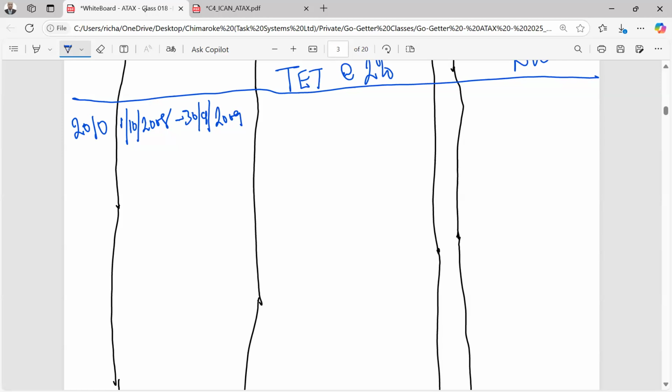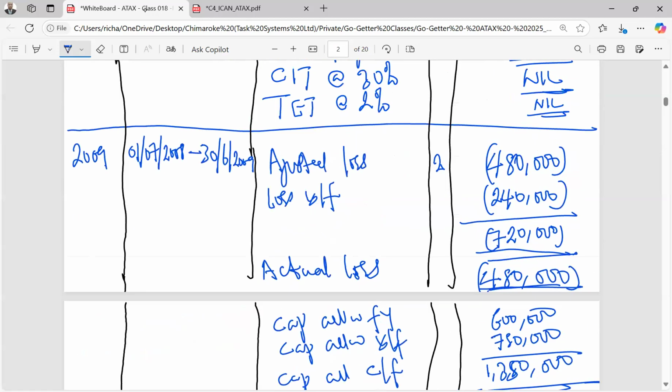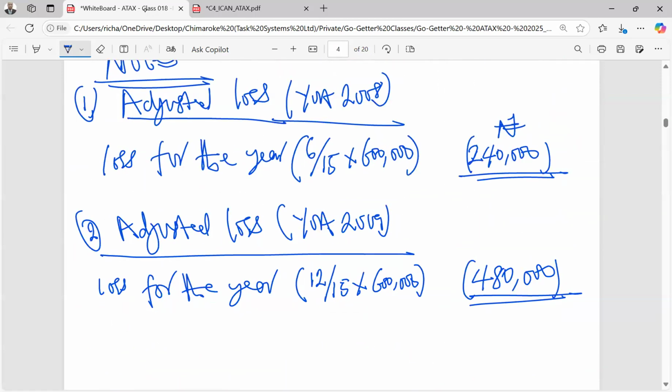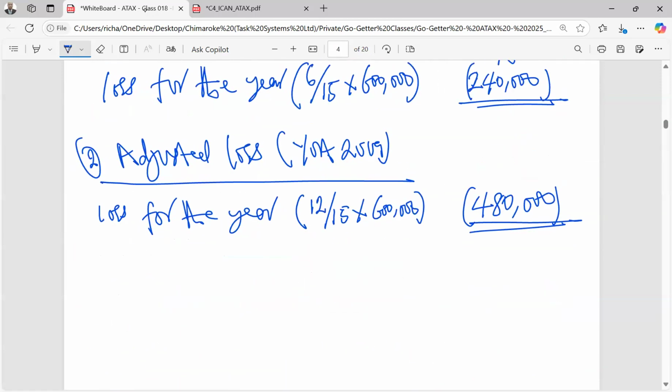I'm back. So October 1, 2008 to 30th September 2009, that's going to be 12 months. So I'm still going to come here. Instead of doing the same calculation all over again, I'm going to rely on this same calculation because it's going to be the same 12 months. So I will just come here and I'll update my workings here to be